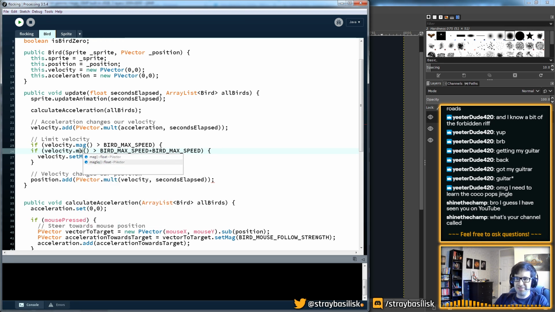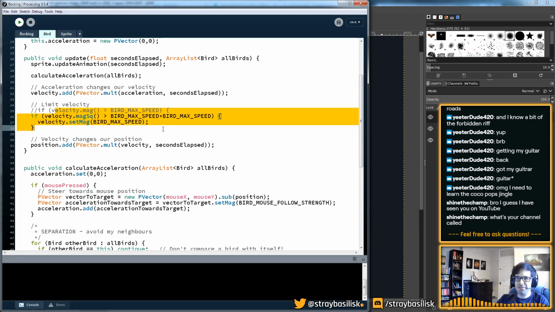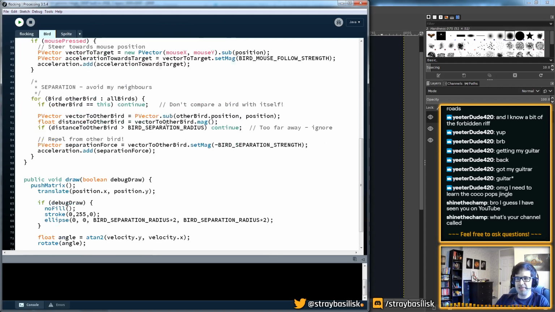And in fact this is so common that almost always when you see a magnitude function, there'll be a square magnitude function as well, because if you can get away with not doing this, but instead comparing the square magnitude with the square of whatever you want to compare it to, it's considerably more efficient to do that. This is something we only do once per frame per bird,